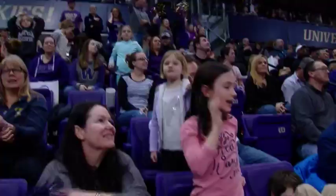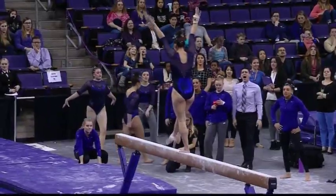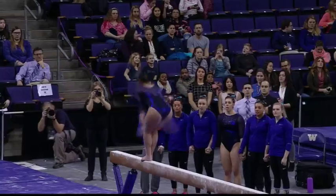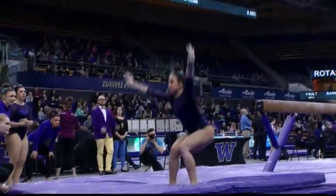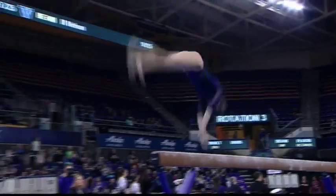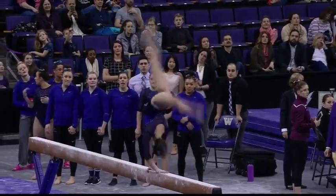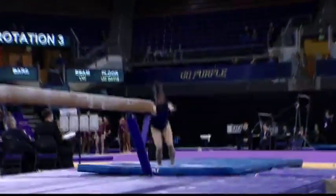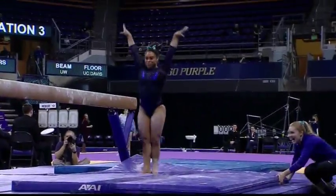Huskies just 1 home meet after this. A rare Thursday meet next week will be a fun one though, as Boise State comes to town and BYU, before heading down to the Pac-12 Championships in Tucson, and then awaiting their seeding for NCAA Regionals, and then hopefully